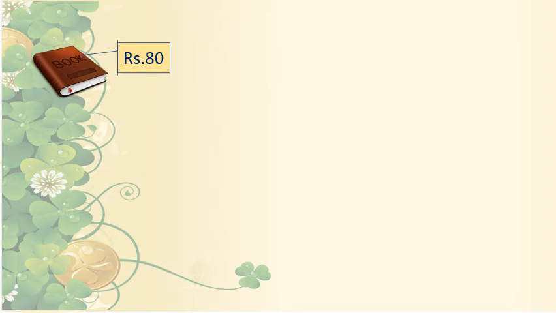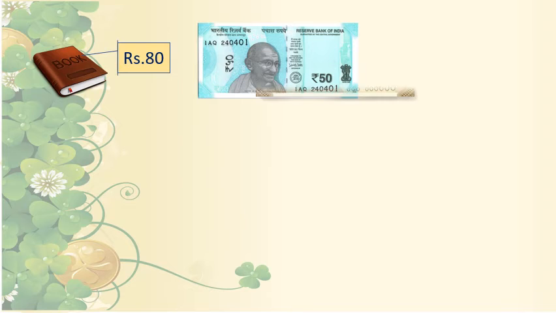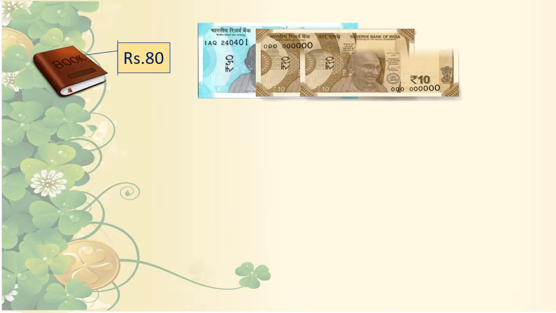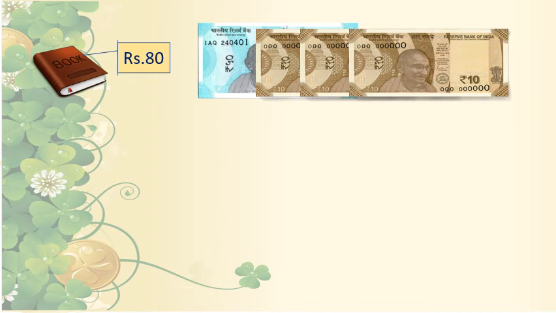Here, a book, the cost of the book is 80 rupees. Now we have to give 80 rupees to the shopkeeper. Correct? Now what will we do? Yes, I am having 50 rupees also. Then first we will give 50 rupees. Then 10 rupees I am having. That became 60, this is 70, this is 80. Isn't it? Yes. 50 plus 30. That became 80.